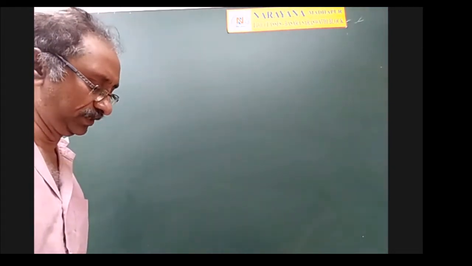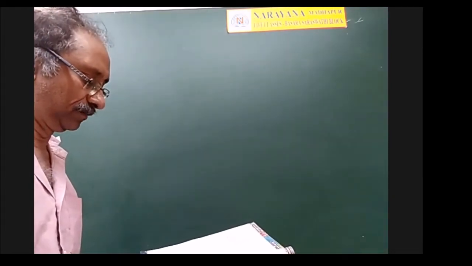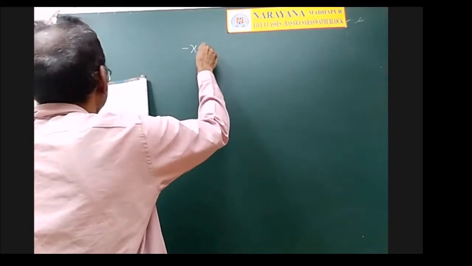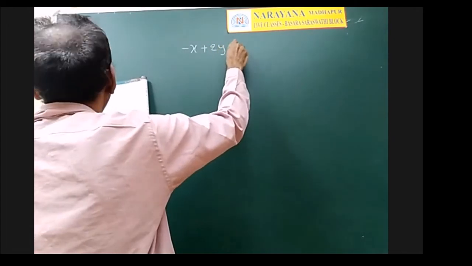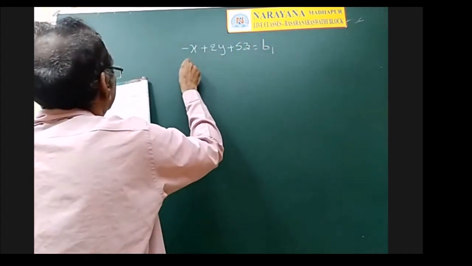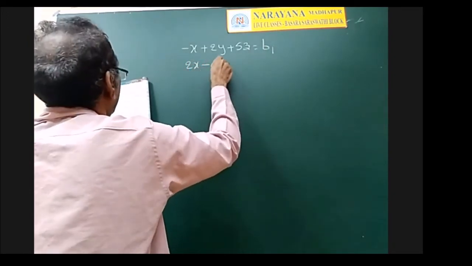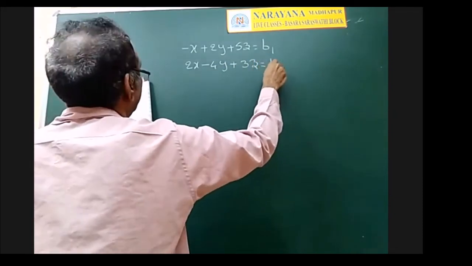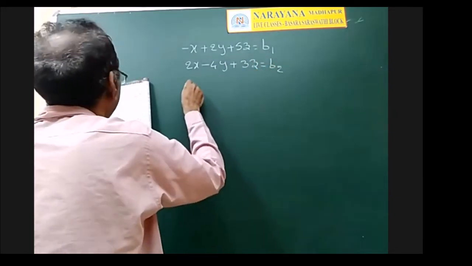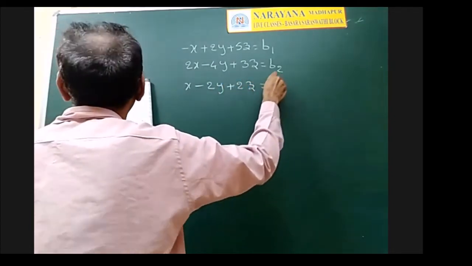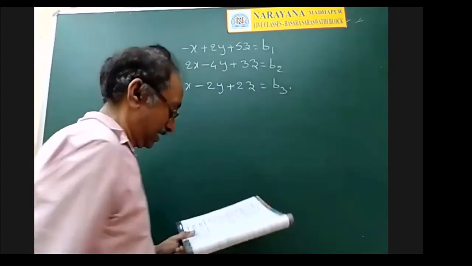Let S be the set of all column matrices B1, B2, B3 such that they are real numbers, and the system of equations minus x plus 2y plus 5z is equal to B1, 2x minus 4y plus 3z is equal to B2, and x minus 2y plus 2z is equal to B3 has